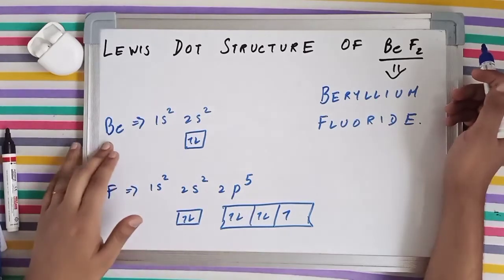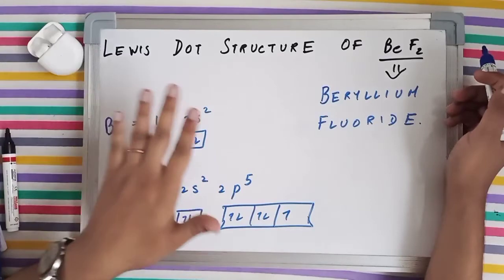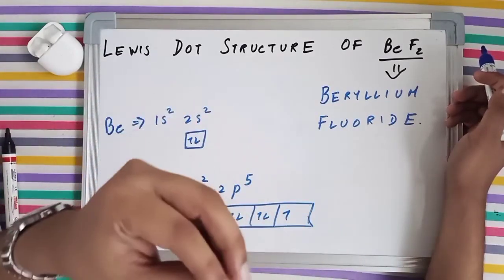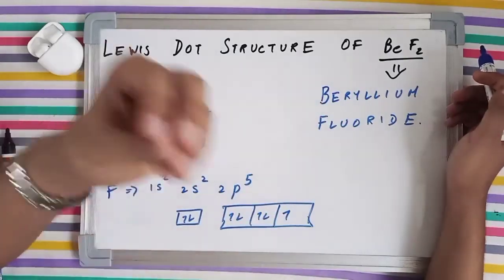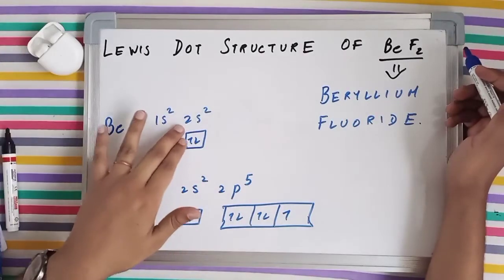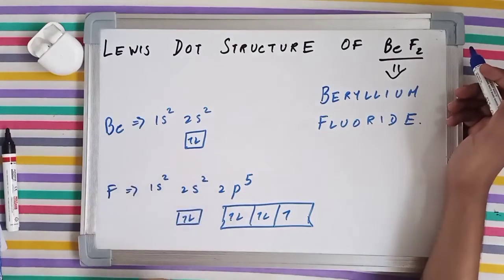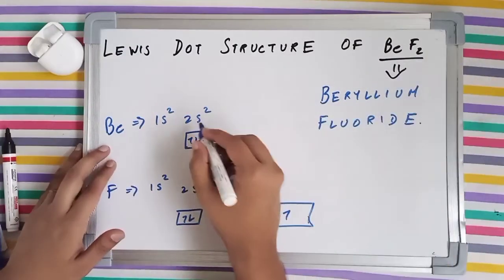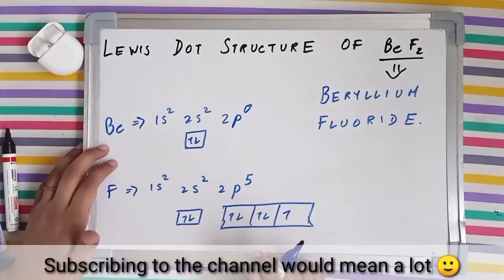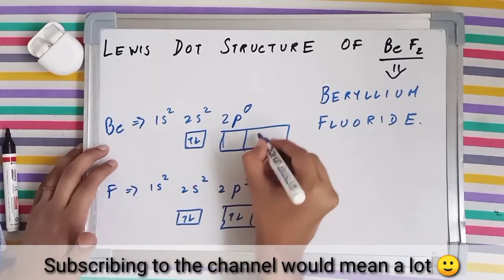Now the electronic configuration of beryllium is 1s2, 2s2. So I've drawn, and the valence shell is the second shell. So we are only interested in drawing the orbitals of the valence subshells, only the outermost. So you got your second shell as your valence shell, and here is the orbital diagram for the 2s subshell. But also, you see, beryllium has also got a vacant 2p subshell, which is presently having 0 electrons. The p subshell has 3 orbitals.